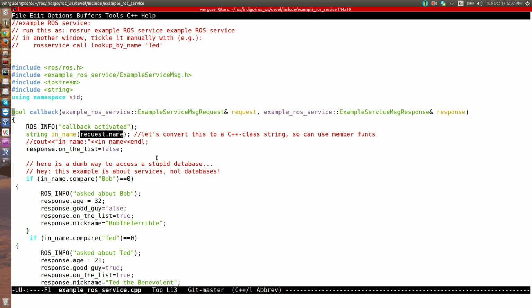This string request.name is being passed into the constructor. Okay, and so now inName will give us access to many methods of the string class. At the same time, then we can access the response variable and modify it according to a logic that we